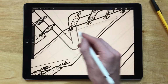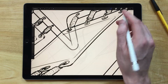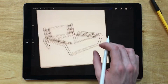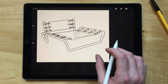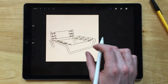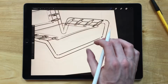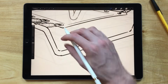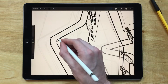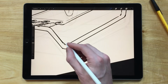Alright, just adding in the quick little webbing. Might actually make that a little darker. Alright, I think our line work's pretty much done. For whatever reason, the perspective still looks kind of funky, but I think it might just be this bottom rail. If I do this,